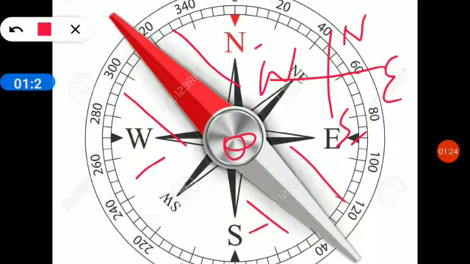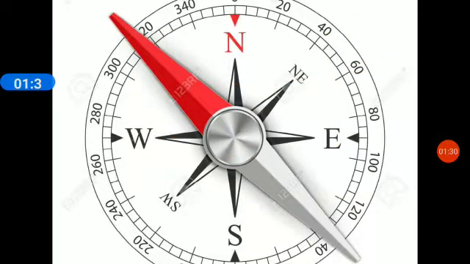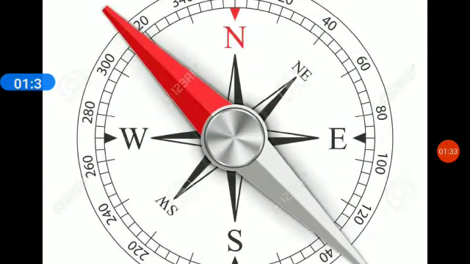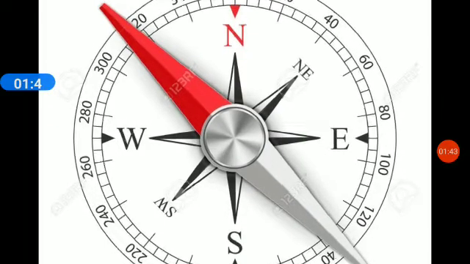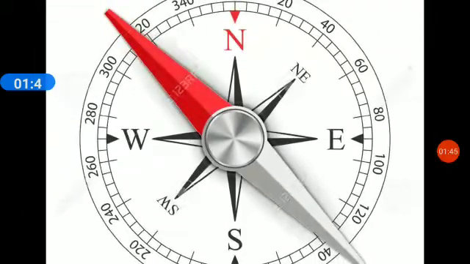We can trace the magnetic field lines around a bar magnet by using a magnetic compass. So this is the work of a magnetic compass. A question comes sometimes: why does a compass needle get deflected when brought near a bar magnet? Because we know that when we bring anything near any field, like an electric field or magnetic field, it exerts a force. So here the answer is the same.